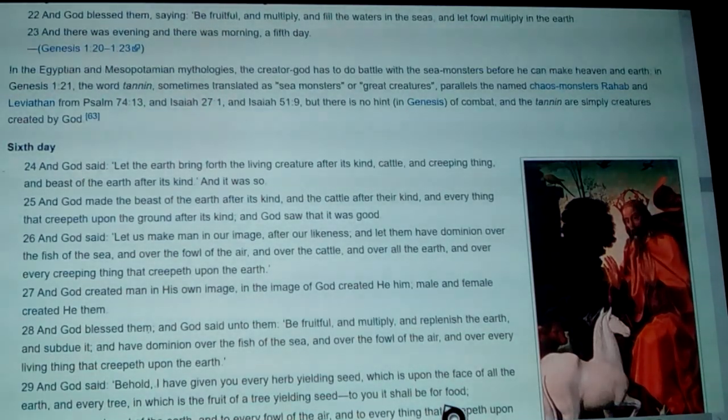Now, in the Egyptian and Mesopotamian mythologies, the creator god has to do battle with the sea monsters, and indeed so does the Canaanite god El, who fights Yam, the sea god, before he can make heaven and earth. In Genesis 1:21, the word Tannin, sometimes translated as sea monsters or great creatures, parallels the named chaos monsters of Rahab and Leviathan in Psalms 74:13 and Isaiah 27:1 and Isaiah 51:9. But there's no hint in Genesis of combat, and the Tannin are simply creatures created by God,